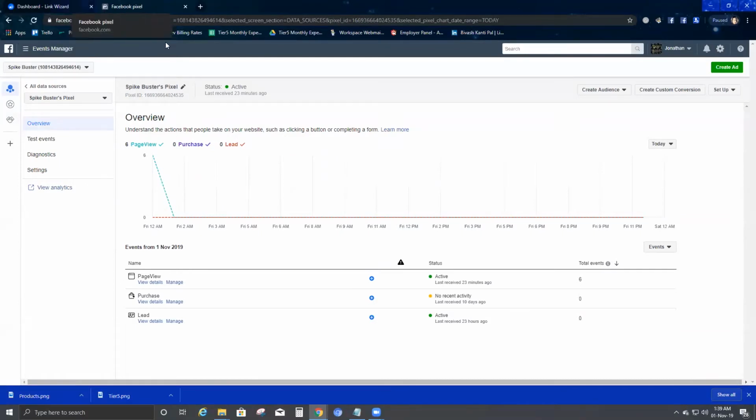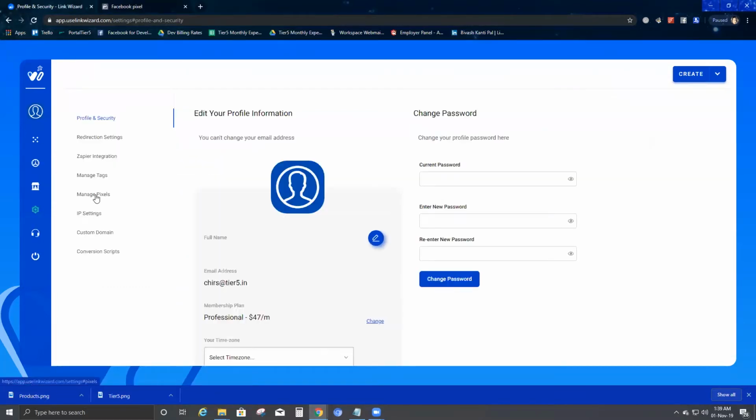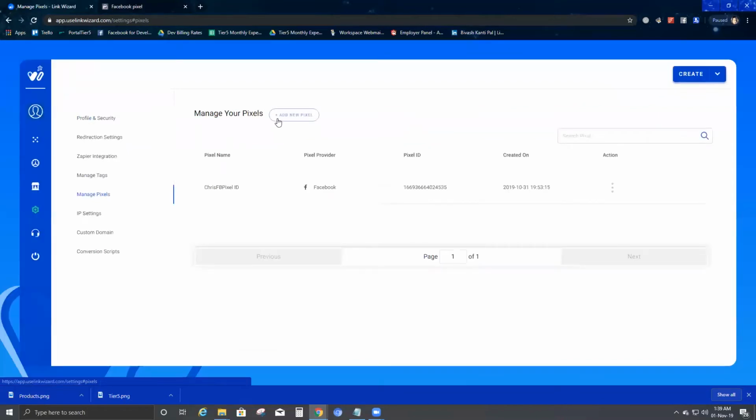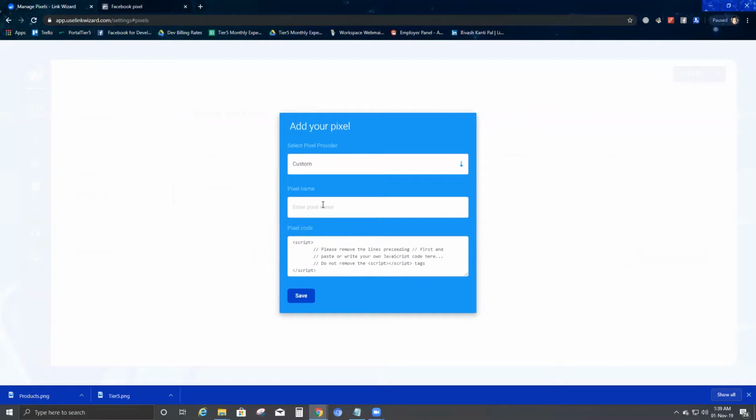And now let's get back to Link Wizard. And again, let's go ahead to the setting tab and click on manage pixels. Now we need to go ahead and add a new pixel. So what I'm going to do out here is create a custom pixel. Once I create a custom pixel, I'll show you how it works. Now out here, I'm going to put Chris Test